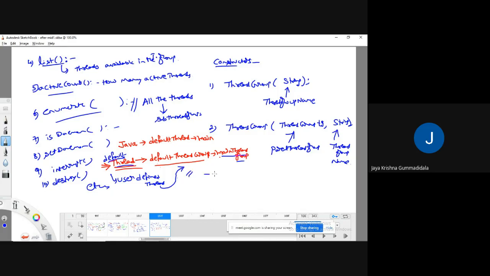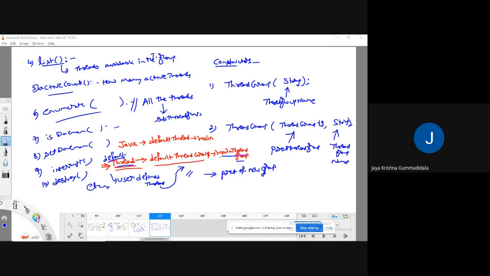But what is this default thread group? It is the parent of the current executable block, the parent of the new group. Whatever group you have created, there is a parent, right? That is the default thread group.